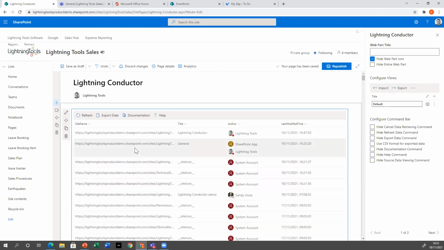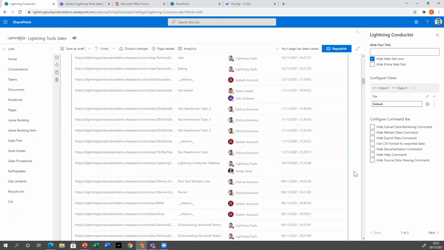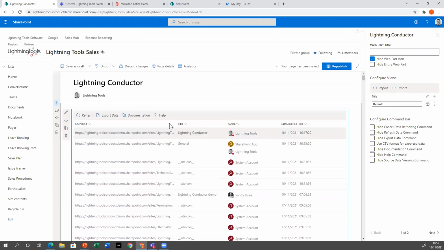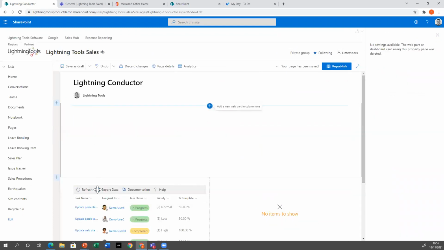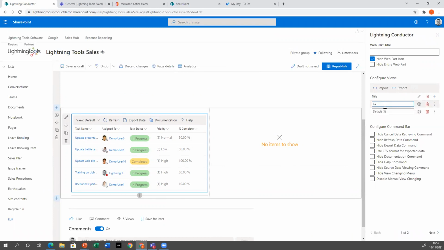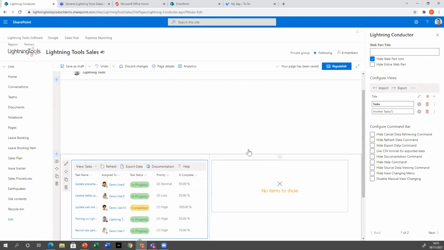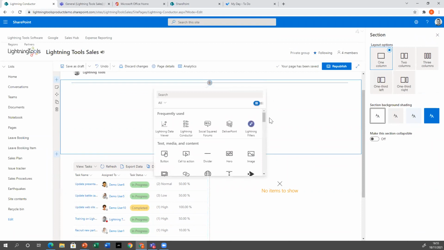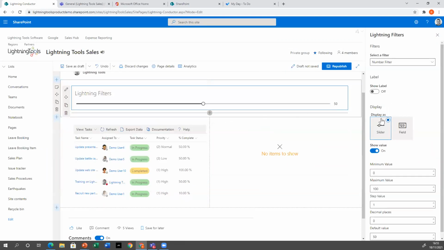And yeah, just to point out as well, when you are creating these views, let me just remove that one because there's a lot of content I didn't set the pagination. When you do have multiple views, I'll just clone this view just so we've got two. So I could call that tasks and another tasks or whatever. So when I've got multiple views here, rather than actually selecting the drop down and choosing the view, that's another thing that you could either use the filter web part for. So you could produce the choice of views